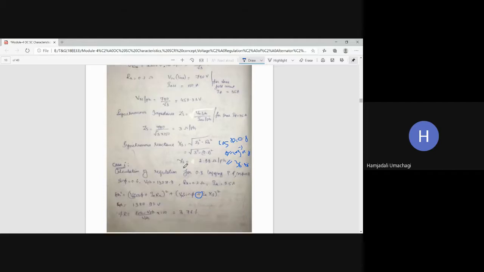Yes or no? But now the problem is somewhat different. Here you needed to calculate ZS, you needed to calculate Xs. But now in the second problem statement, Xs is already provided. What is the Xs value here? 30. Synchronous reactance Xs is already given. Your work is not to calculate Xs now, but the data is twisted in some other form.